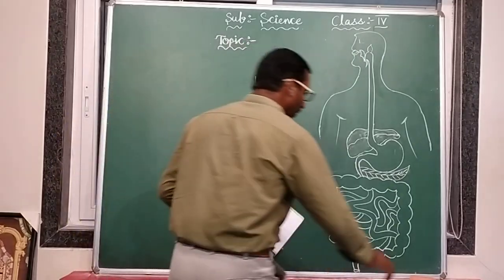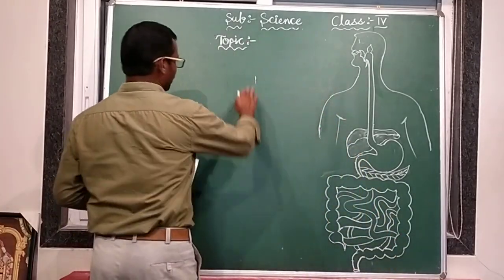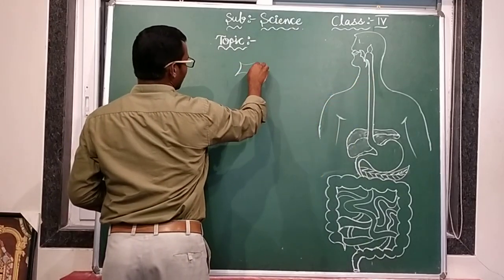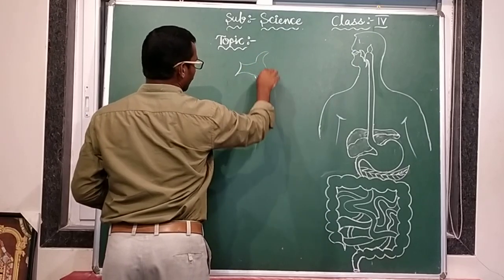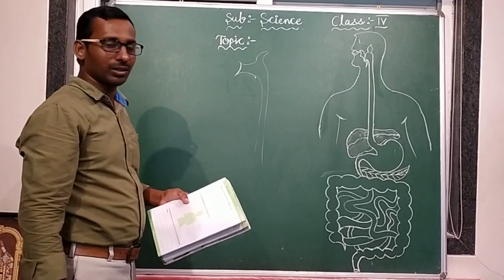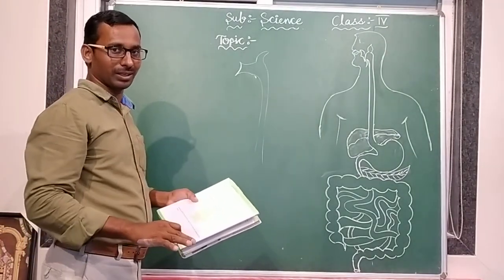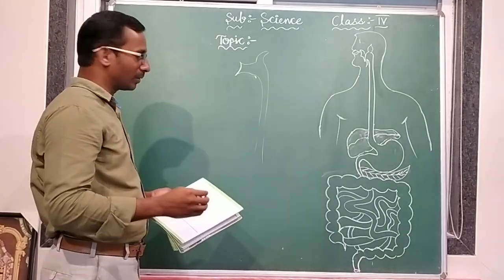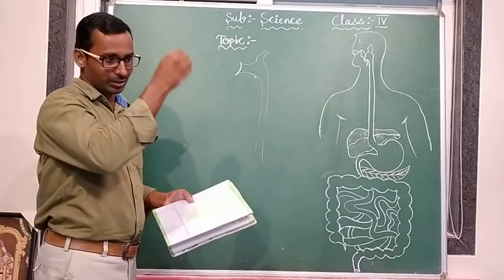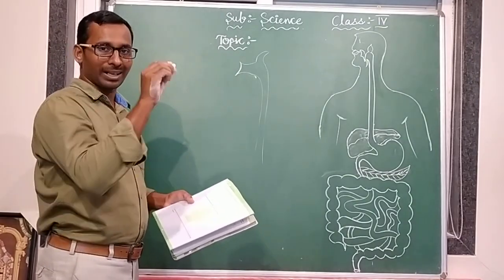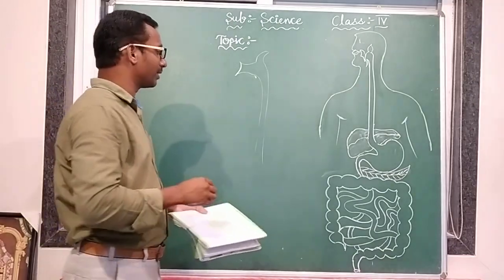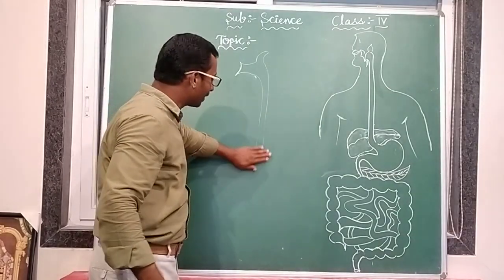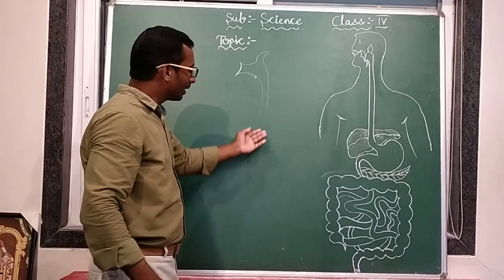Now, what do you have to do? How do you have to draw the diagram? Lightly you have to draw first. Suppose you want to draw this part, part by part. Lightly draw the outlines first, whatever the diagram. Not only this diagram, all diagrams in science. So many diagrams are there, in science, in social, or in maths also, circles, lines, triangle shapes, like that are the drawings. When you want to draw a diagram, first draw lightly like this. If any mistake comes and you erase with the eraser, nothing happens.